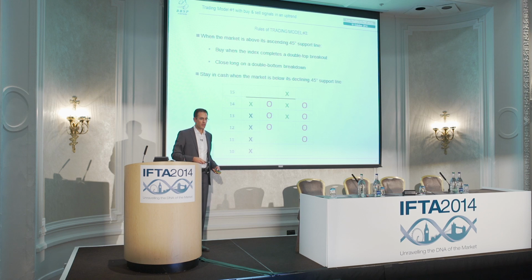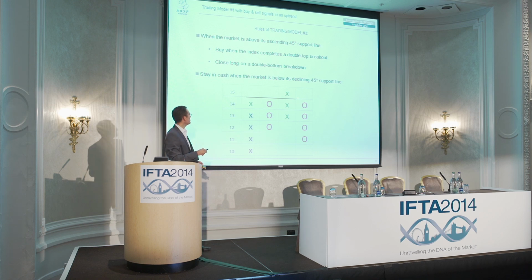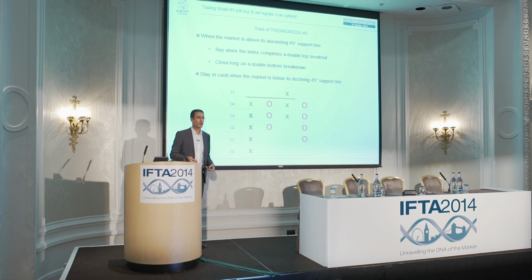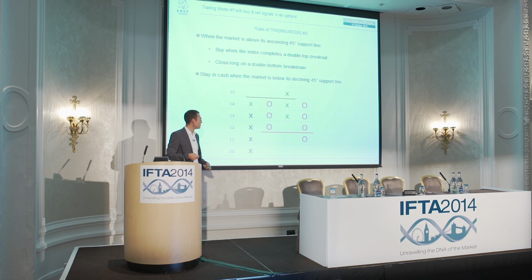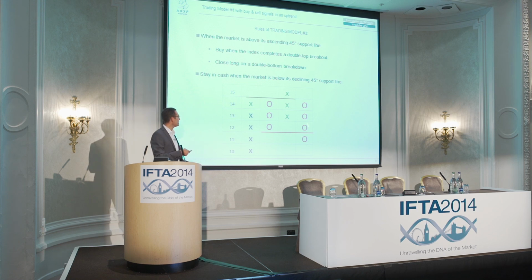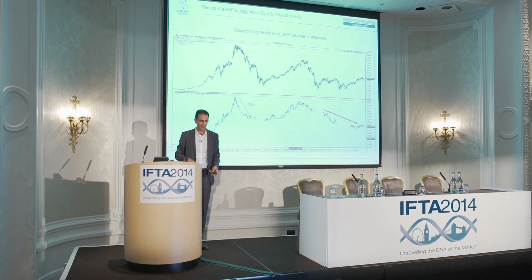So what's a double top breakout? This is it. I'm buying at 15, so we break above the previous high of this X column, which is a bullish column. So here I'm buying. This is a breakout strategy, so it's not at all a contrarian trade. And in this case, I'm stopped out, because after that I get a bearish reversal. So I'm buying around 15, and I'm selling around 11.